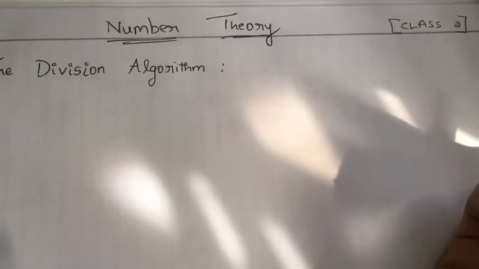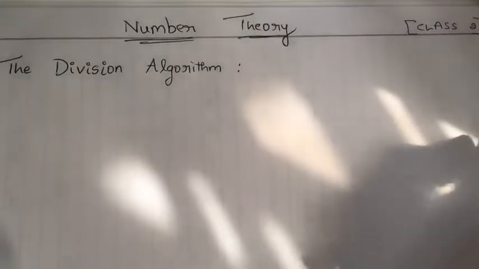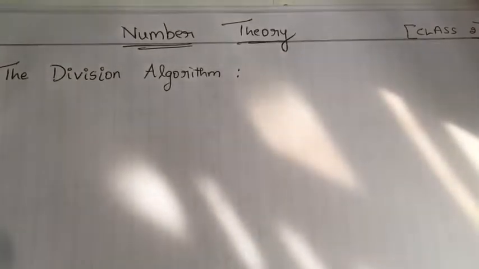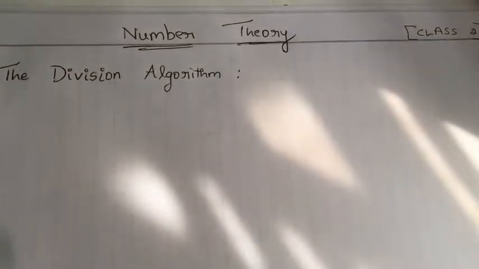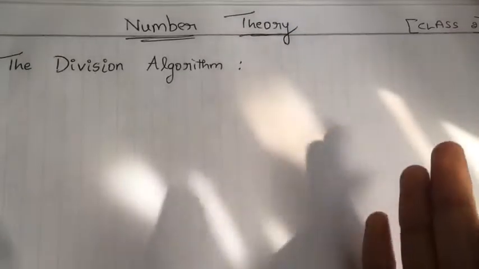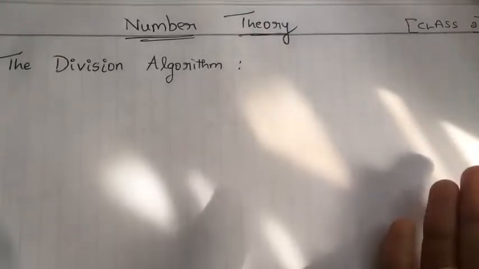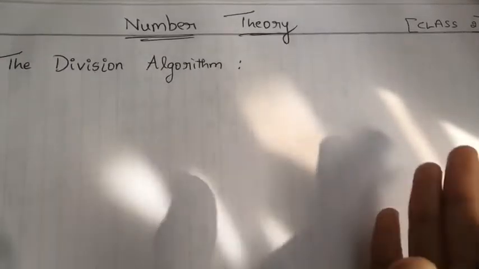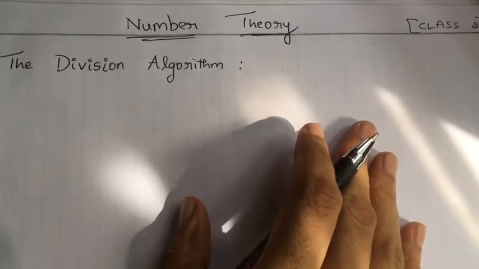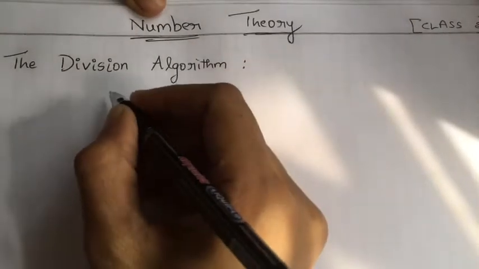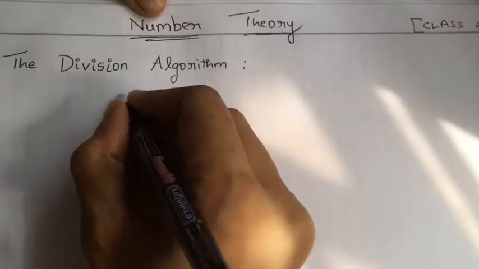Today let us learn about the division algorithm. The result is familiar to most of us: when an integer a is divided by a positive integer b in such a way that the remainder is smaller than b. We all know this. The exact statement of this fact is in the theorem which states: